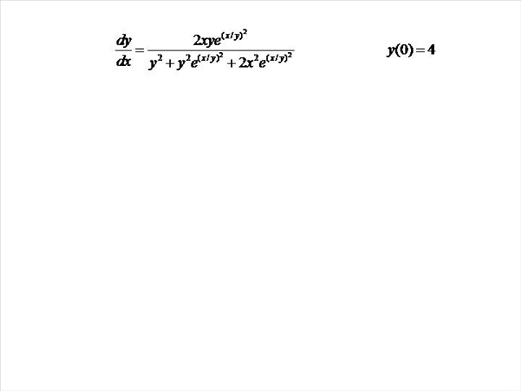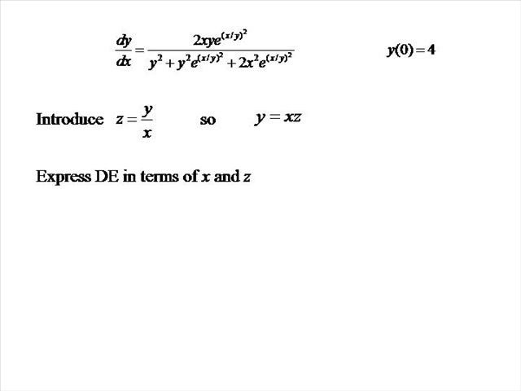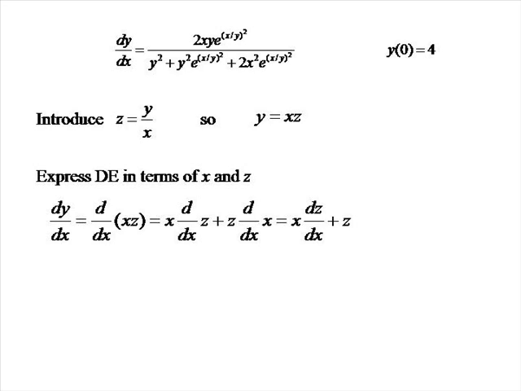Now, this is a homogeneous differential equation. So the standard approach is to introduce the variable z to be y divided by x. And our goal is to express our differential equation in terms of x and z and not in terms of y. So this means that y has got to be equal to x times z. And so dy by dx is the same as d by dx of x times z. In other words, we're differentiating a product here, we have to use the product rule. So the derivative of x times z with respect to x is going to be x times dz by dx